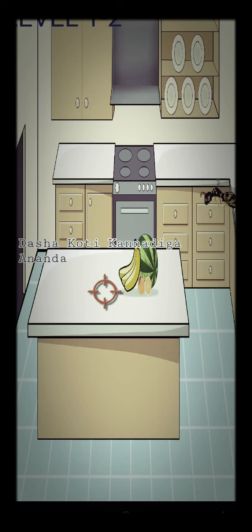Now I am swiping, keeping my finger on the screen and dragging nearby. It is coming nearby. No, it is far from me, so again I swipe nearby. Like this you can slide your fingers, just keep your finger and slide up.